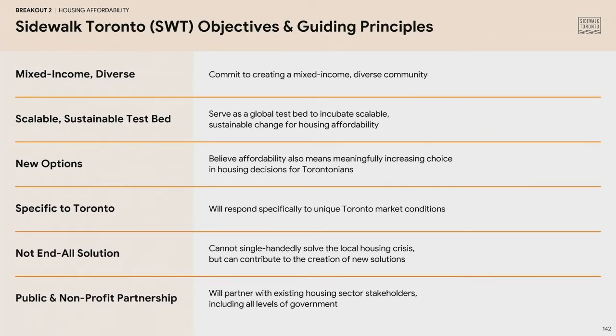It's very important that what we are trying to do here is scalable, sustainable, and acts as a test bed. So the program that we put forth, and then we'll go into more detail, is what we believe, through a course of study with local economists and really taking a look at the housing market, is the program that, if applied at scale, could start to unlock some of that gridlock. Again, on a 12-acre site at Quayside, we're not going to solve Toronto's housing problem. It's not like when the project is done, everyone will declare victory and take a big sigh of relief that affordable housing has been solved in the city. That is not the goal.